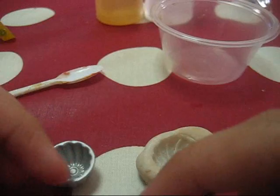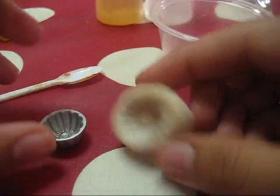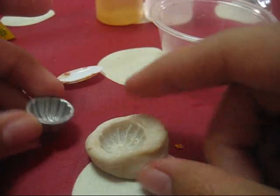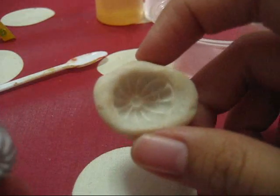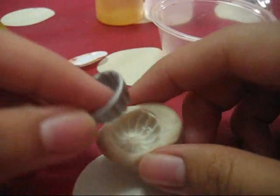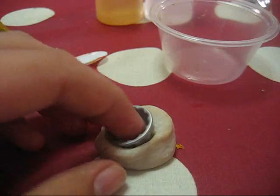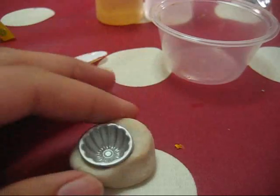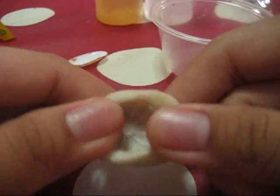So first and foremost, you need to make your flexible mold out of whatever molding material you use. I used Sculpey Mold Maker. So I used a different jelly mold for this mold here. So basically you just press it into the unbaked mold making material, and then for mine I just went ahead and baked it, and now I have a flexible